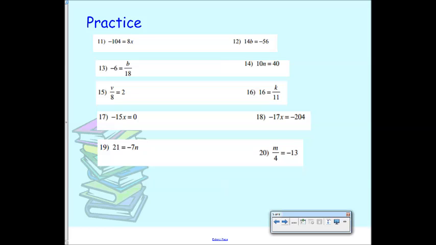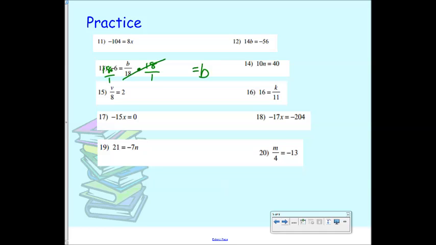All right. So we're going to go through a couple of these together. You guys are going to do the second practice. I want to look at number 13. What kind of math would we do in number 13? Multiplication by what? 18 over 1. So on this side, I'm going to multiply by 18 over 1. What happens here? They go away, and I'm left with b equals, and then I would have to do negative